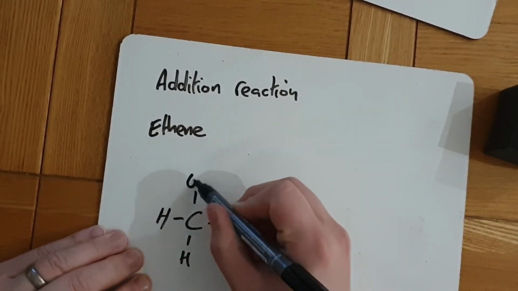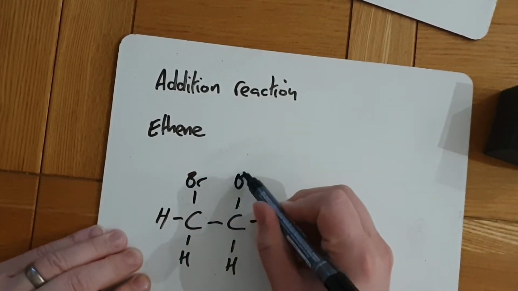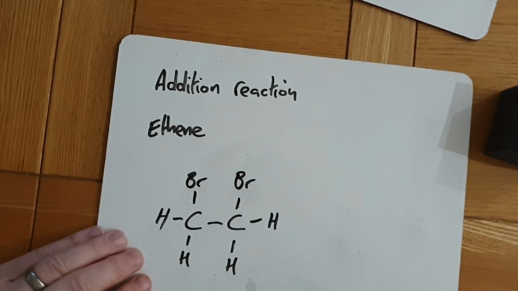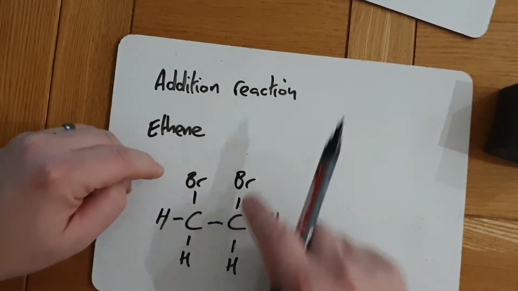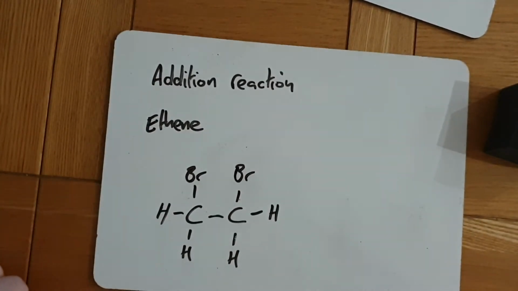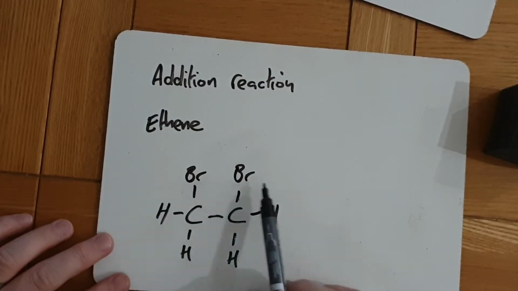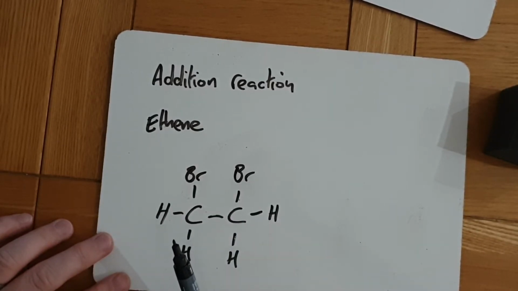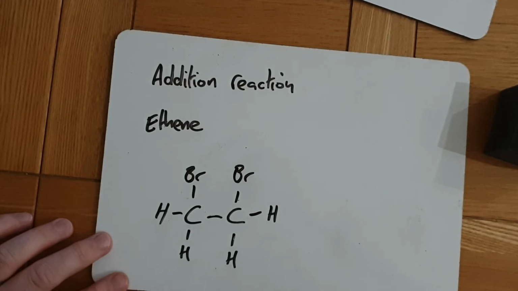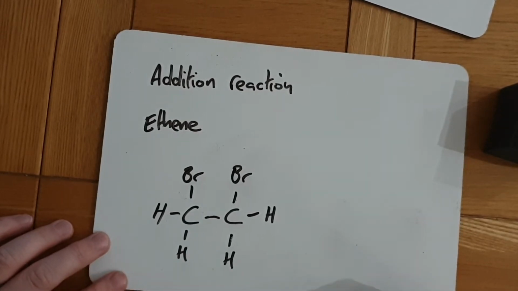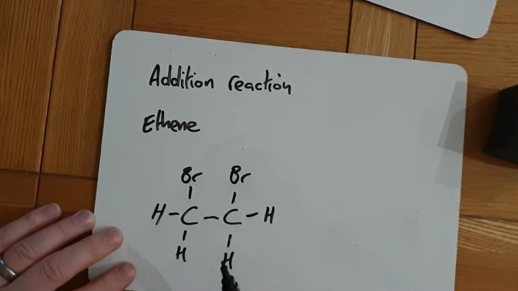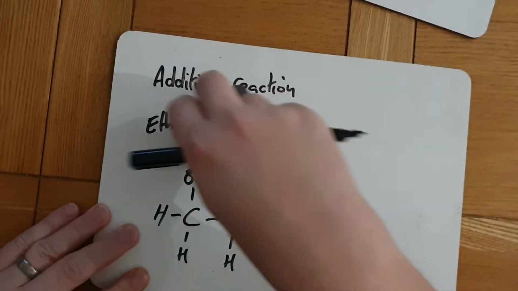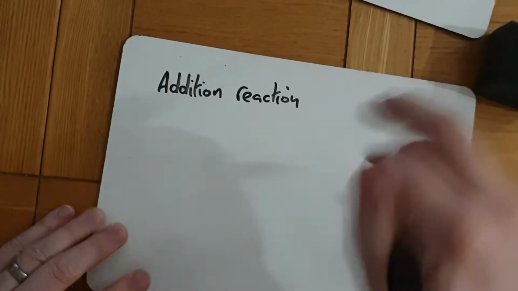So you get Br and Br. So all that's happened is the double bond is split apart and one bromine joins onto one carbon and the other bromine joins onto the other. So we started with ethene and we've added a bromine to it. Now you need to be able to do that for any alkene, but it is just that straightforward. You break the double bond and you add a bromine to each side of it. So if we were going to do it for